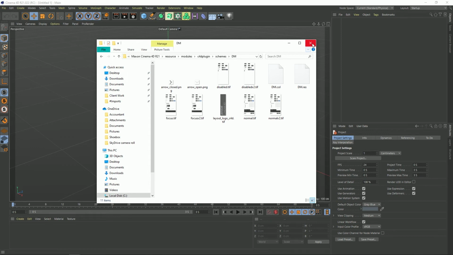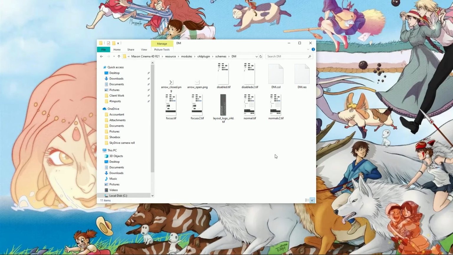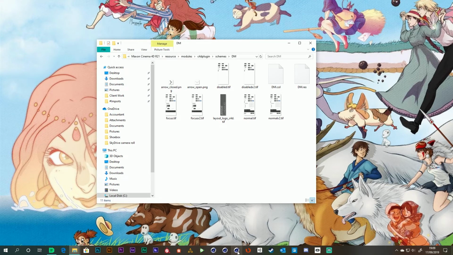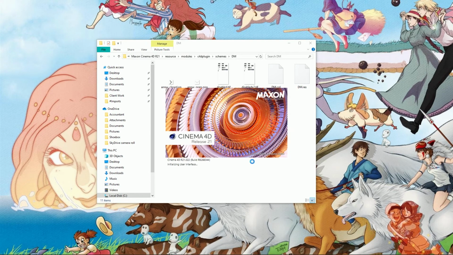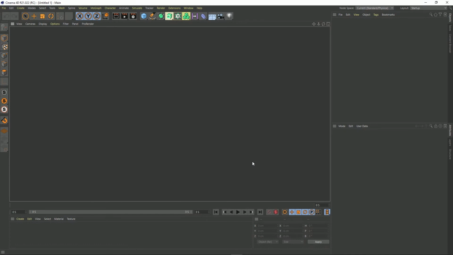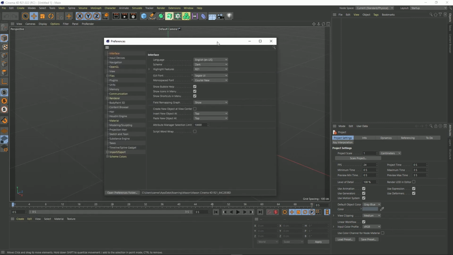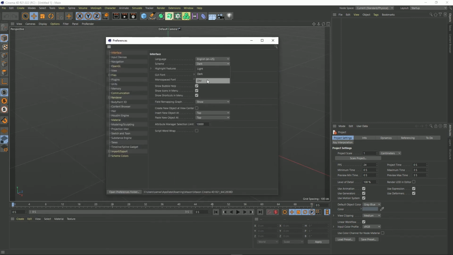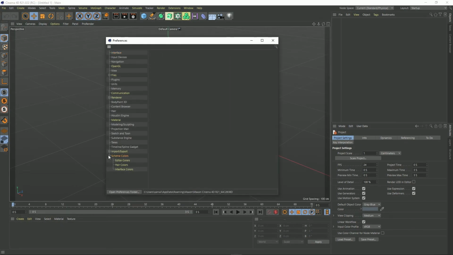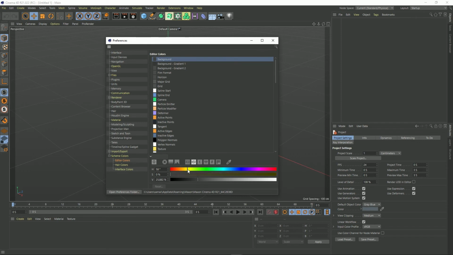And I think that Cinema 4D is going to need a kick up the arse, so I'm going to close it and I'm going to reopen it. And now if we go to Edit and to Preferences, we can see that we've got DM in our drop down. If you go to Interface and go to where the scheme is, we've now got a new scheme called DM, and if I open that up it will be identical to the dark theme because we haven't made any changes yet. But if we go back and change our colours to horrible,